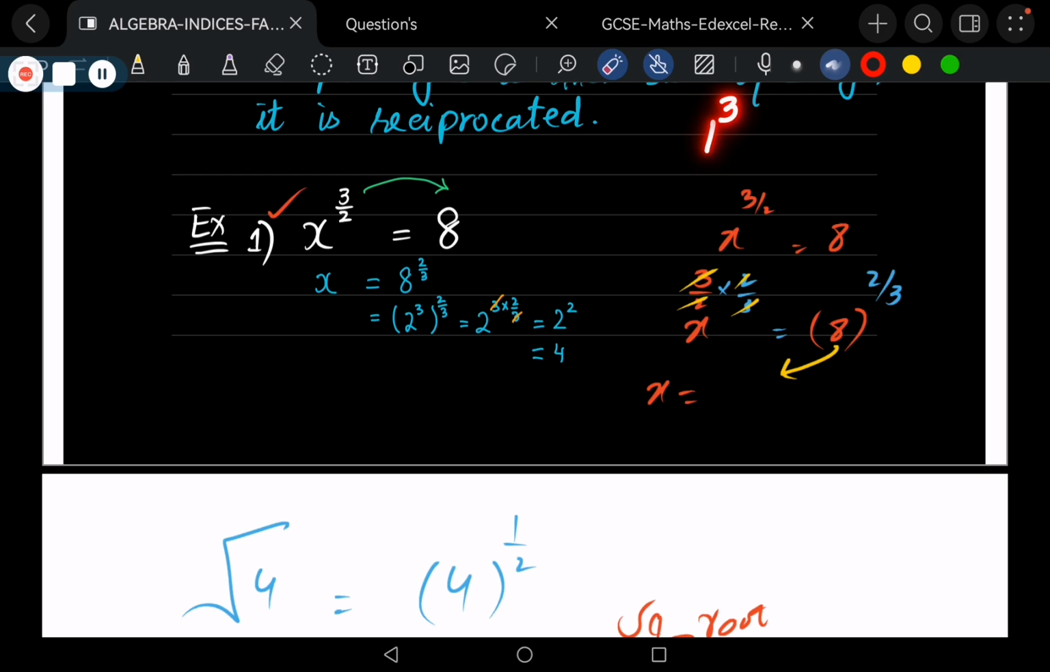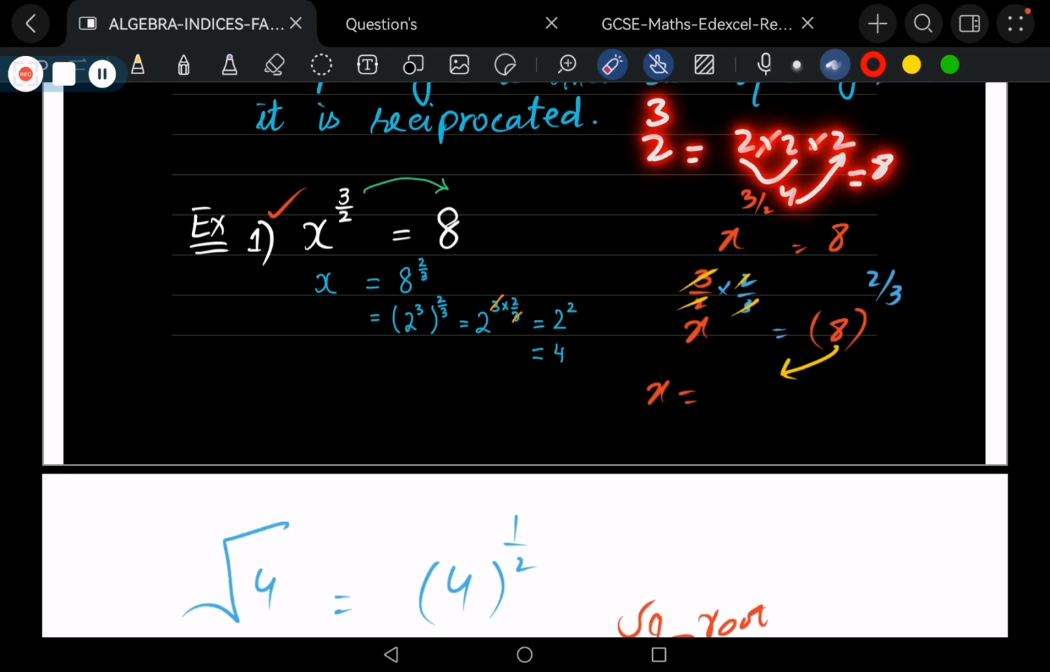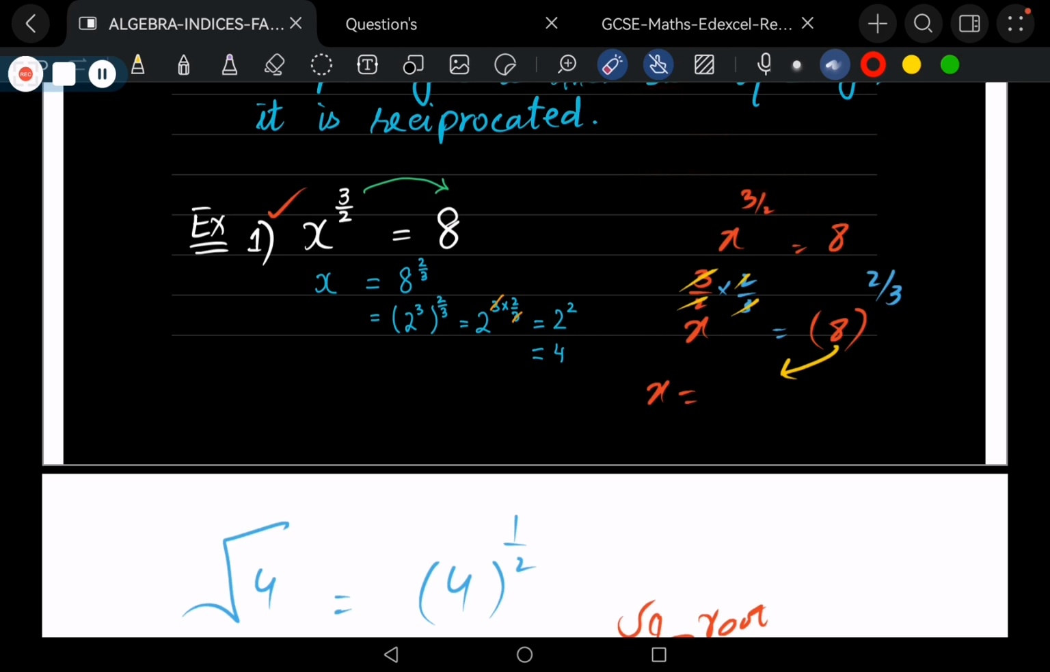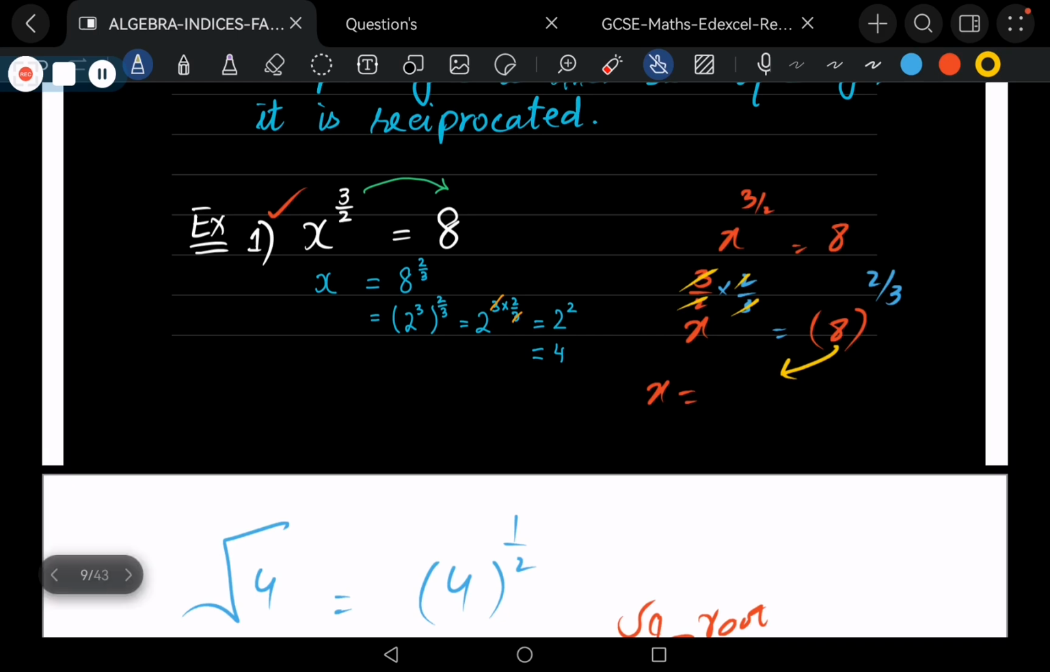For example, I am talking about 1 cube. 1 cube means 1 times 1 times 1, that is 1. Right? 2 power 3. 2 power 3 means 2 times 2 times 2. 2 times 2 is 4. 4 times 2 is 8. It means that I figured out a number whose cube was giving me 8. And what was that number? That number was 2. So that 8 can be written as